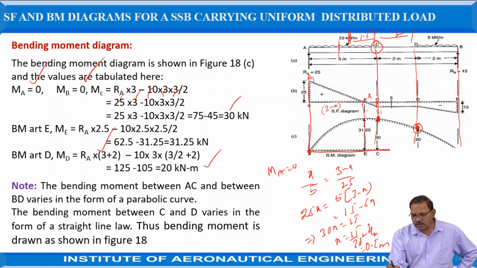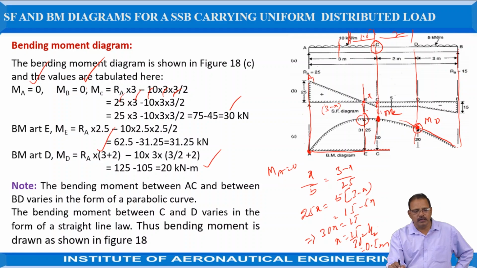So here, from B, draw a line up to point D, MD. Again join here MC, because you just have to join the points based on a parabolic curve. Here one more point is required, where it has the maximum value. Already we determined this point is at a distance of 0.5 from C. So it is required to determine the bending moment at a point E. So it is equal to RA into, because the 0.5 is there, 3 totally, when 0.5 is removed, it is now becoming